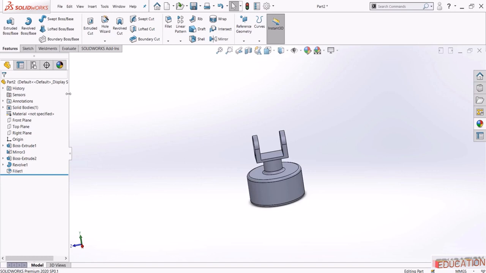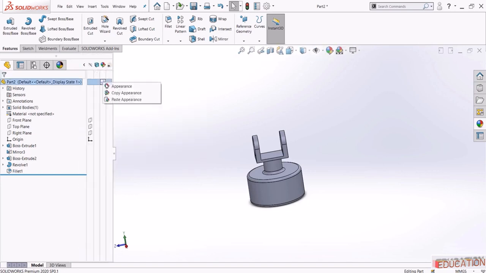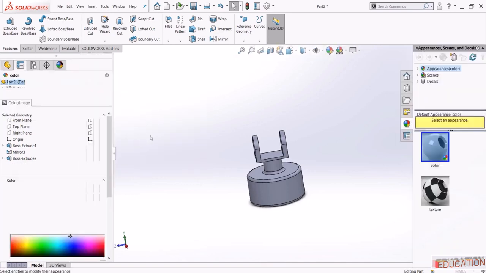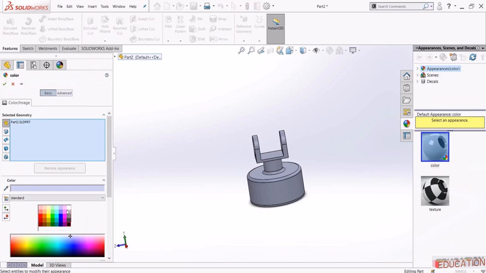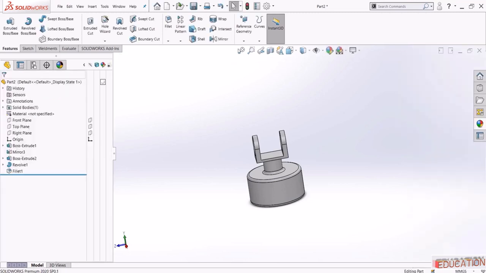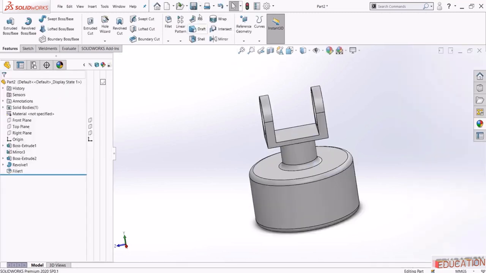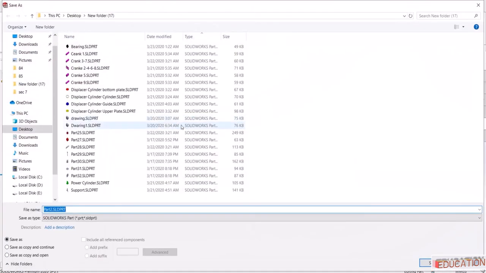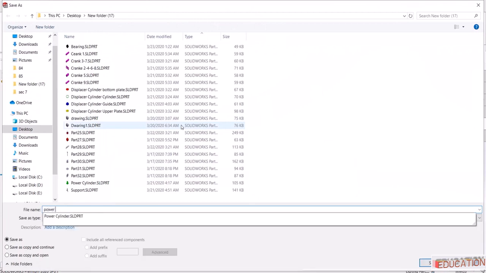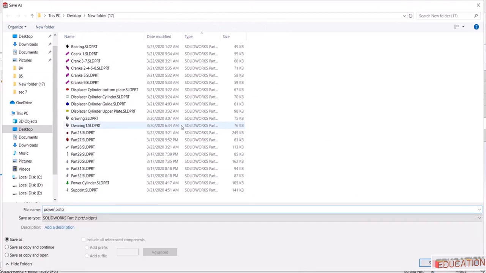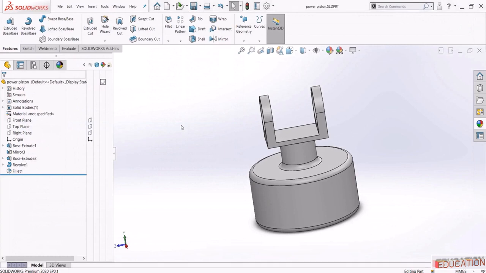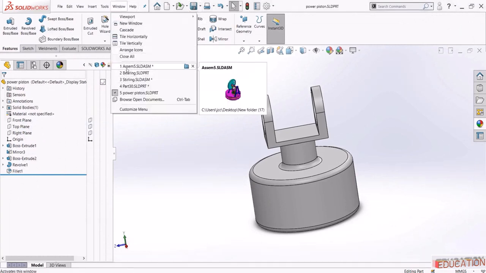Now we need to give it an appearance, so go to appearance and here let's keep it white, and this will be the power piston, so hit save and call it power piston. Now if we have a lock here,